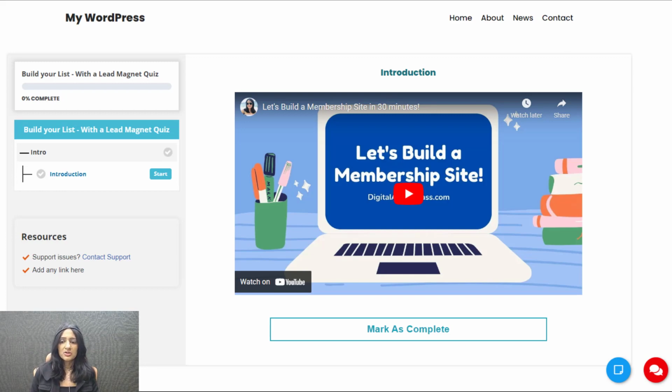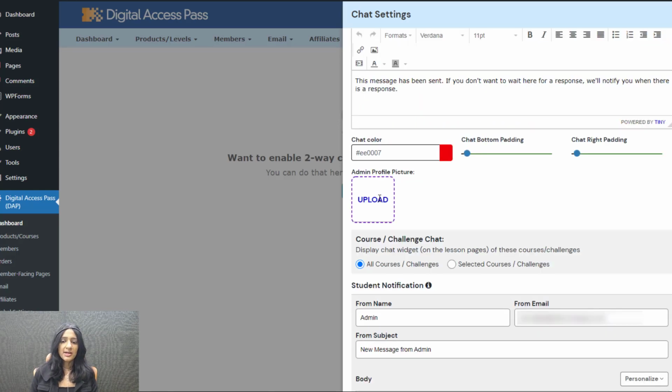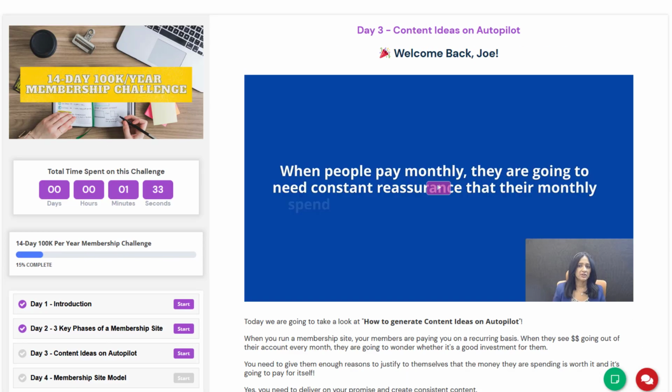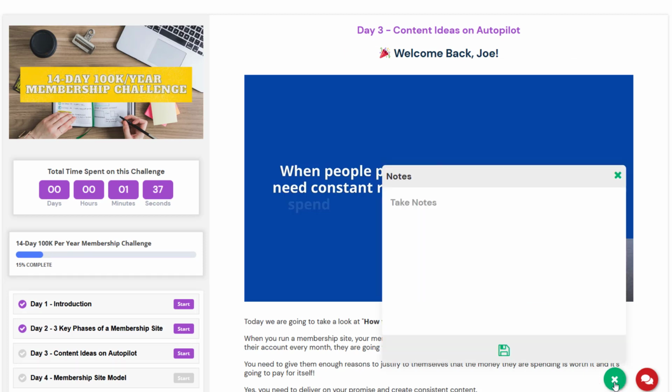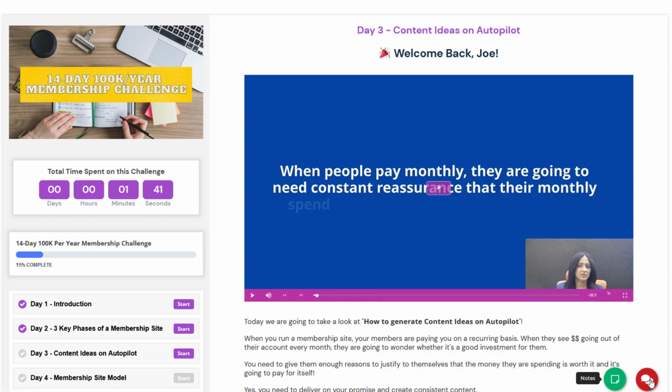So now let me show you the rest of the settings here. This is the chat color. If you want to change it to a different color, the background color, you can change it. Here you can see I'm using the notes feature that comes with DAP's Course Builder. So users can click on it and take notes. So both are here. And so if you want to increase the distance between the two, you can adjust the